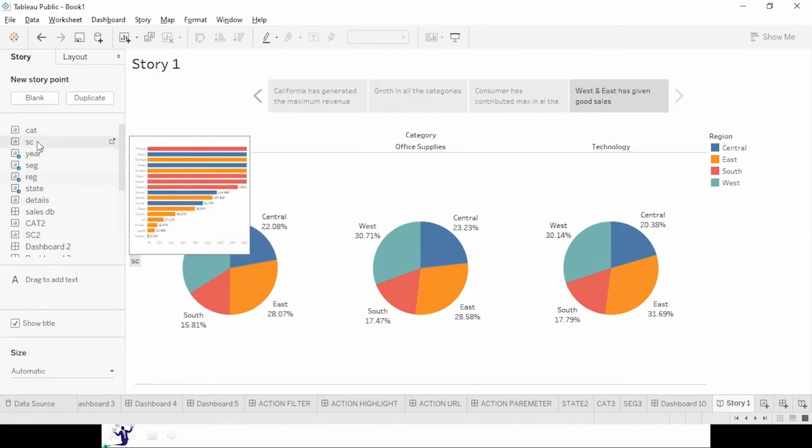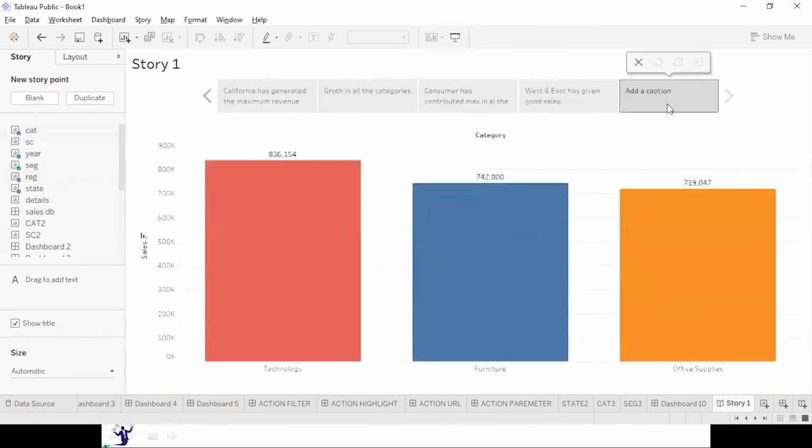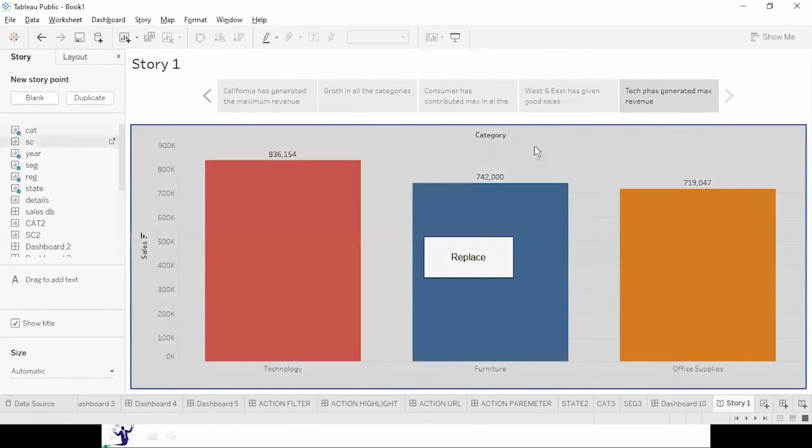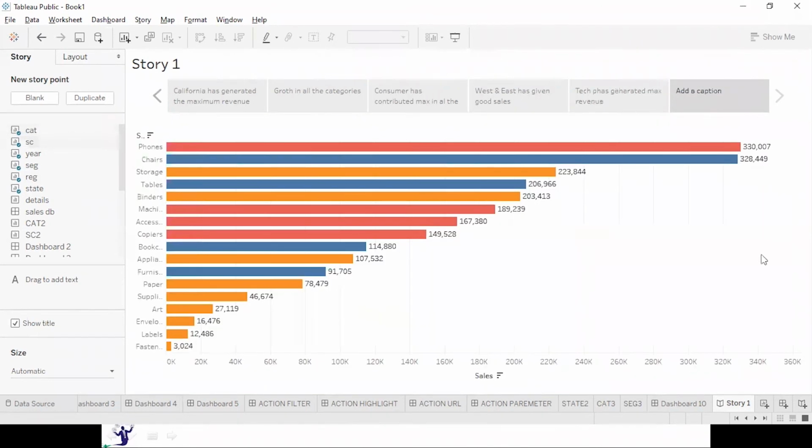Then let's take category. Put it in: technology has generated max revenue. Let's put subcategory. You can write something about it over here.